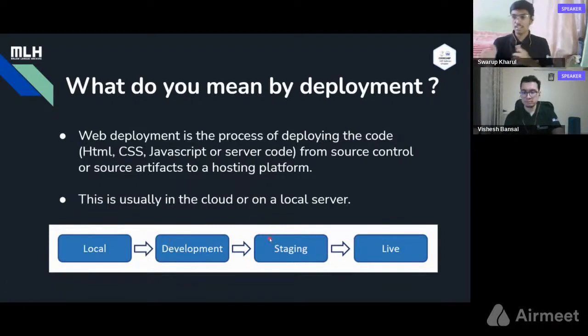If we find some bugs, we fix them, and then in the end we deploy the project, or we put our project live. Alright, now that we have seen what deployment is, let's see its types. There are many types of deployment we can use, but in this session we'll be using container deployment.